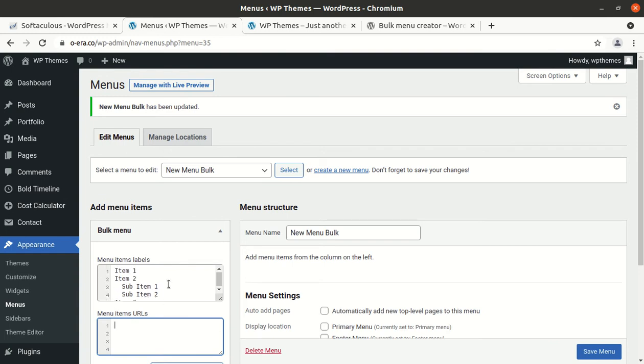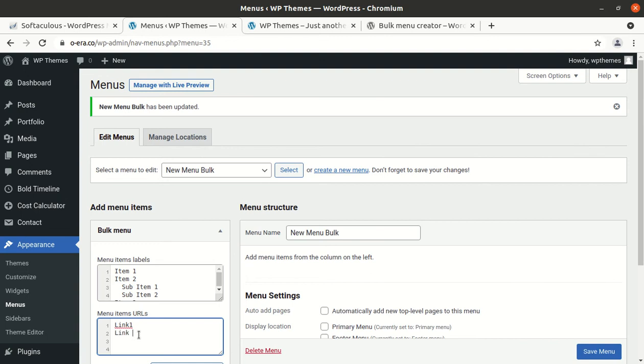Let us see. It is going to be link 1. It will be connected to item 1, link 1, and item 2 will be connected to link 2. I'll show you how it works.